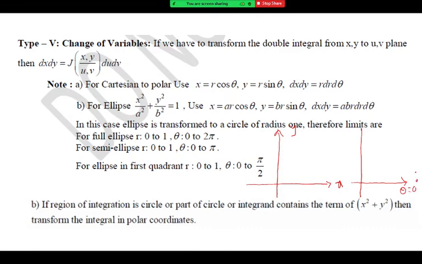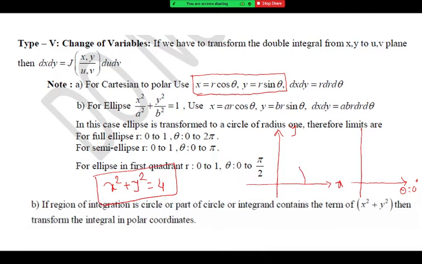So actually both are the same, because when you transform from Cartesian to polar, remember the shape of the region remains the same. When you use this transformation, x equal to r cos theta, y equal to r sin theta, the shape of the curve remains the same. For example, a circle remains a circle, an ellipse remains an ellipse, a parabola remains a parabola, a straight line remains a straight line. I will give you one example. Say we have x square plus y square equal to 4. What is this curve? A circle with radius 2. This is the curve that we have in the xy plane, whose point of intersection is here, 2, 0.